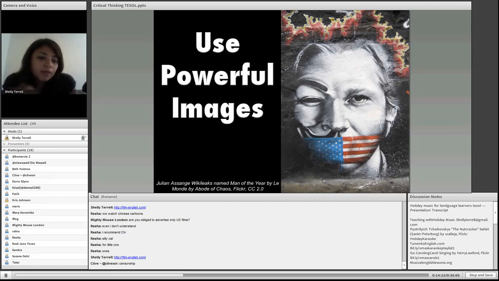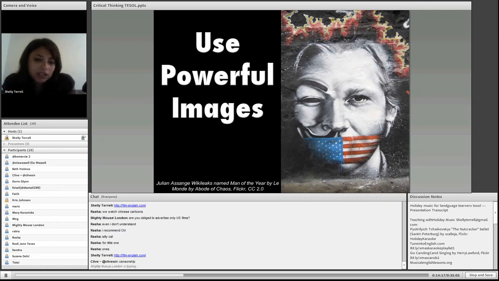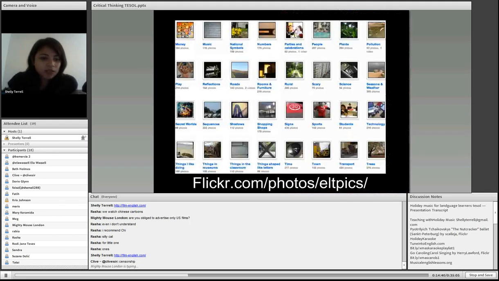And the great thing about visualizing it in this kind of aspect is you can use this with beginner levels as well. You can place this in front of high school students and they can come up with different arguments. No, I think it means this. No, I think it means that. So definitely there are different types of English. Images work well with the lower levels, I believe, and you can find a lot of powerful ones.